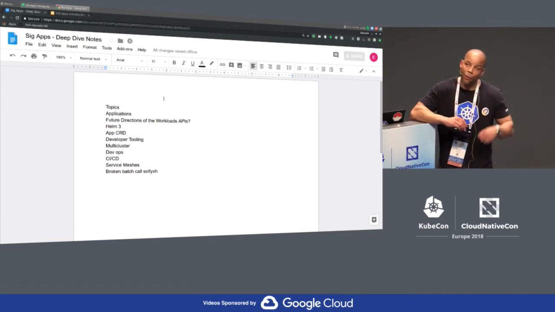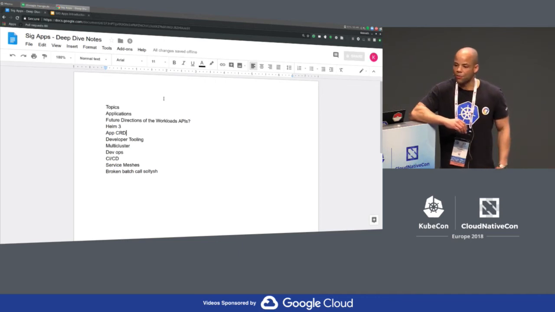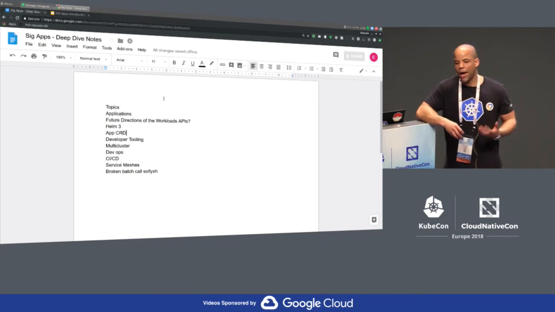So with SIG Apps, I want Helm to work well for anybody in any cloud on top of Kubernetes. With my Google hat on, I want it especially to work well on GKE for people who are running their workloads in my house. And again, with my Helm hat on, the entire thing was something that people came together on: how can we add value to this community? How can I manage packages better?